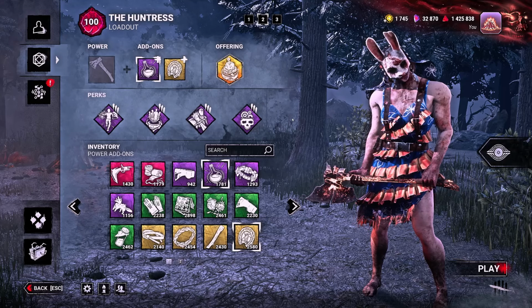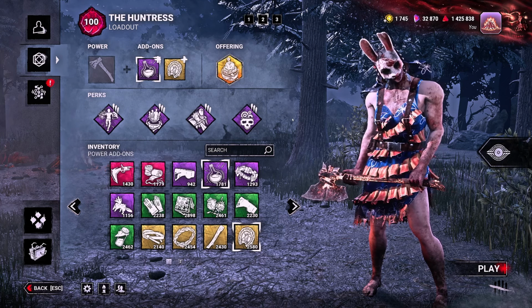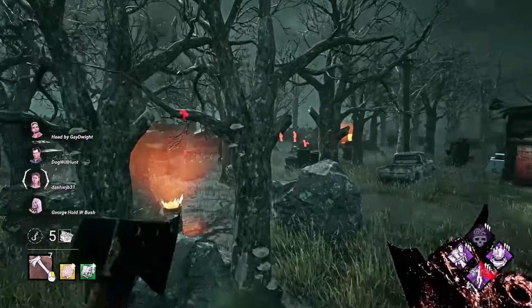Alright, so after playing Huntress for an insane amount of hours and trying a whole bunch of different builds, I think I found what I believe is the best possible build for her. Now this build is more along the lines of downing survivors so fast that they don't have time to do